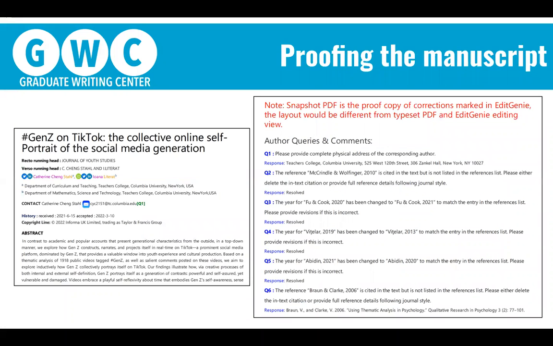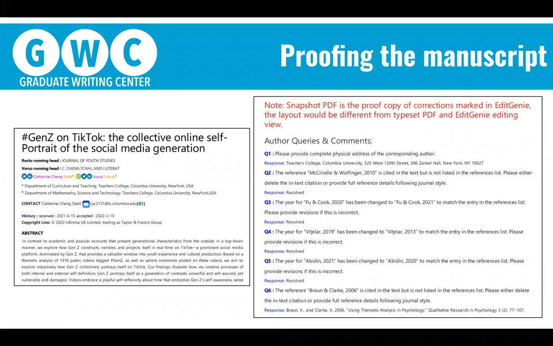So one of the last parts of the production process involves proofreading the manuscript. At some point, the production manager is going to reach out and either send you a PDF or perhaps send you to a website that contains a proof of the manuscript prior to production. And it's been formatted with the correct font. It has all the images in its right place. Everything has been templated to fit the journal's aesthetic.